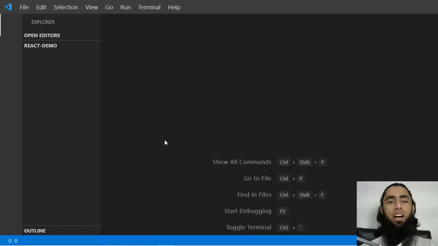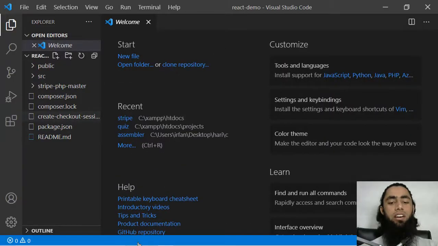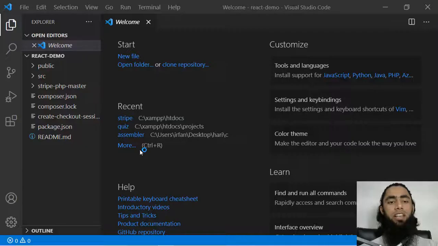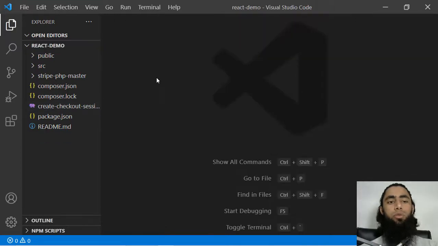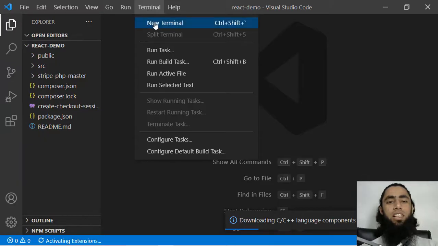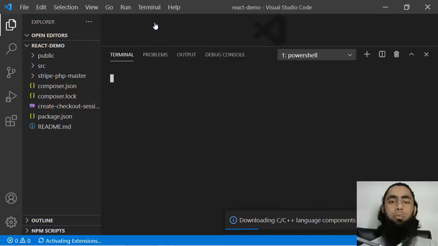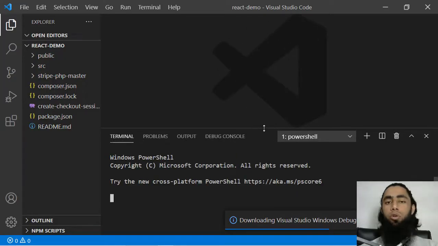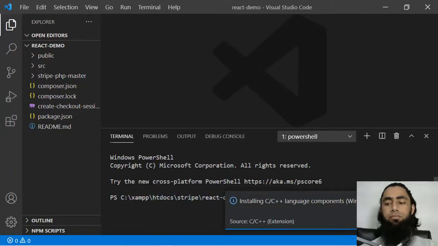So once you are opening this folder, then you will be getting all the relevant files open here, which we have in this folder. All right, so all those files would be reflecting here. So here what you have to do is open the terminal. Click on terminal, then click on new terminal, or maybe if you have command prompt, you have to go to CMD, and there you can run the command by opening that directory. So we are inside the React-demo, and I'm going to run one command here.